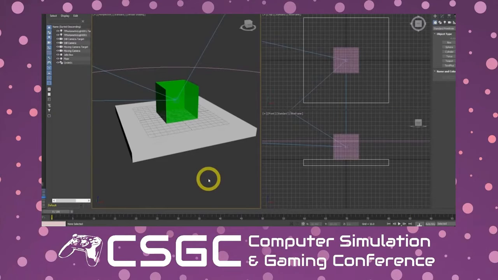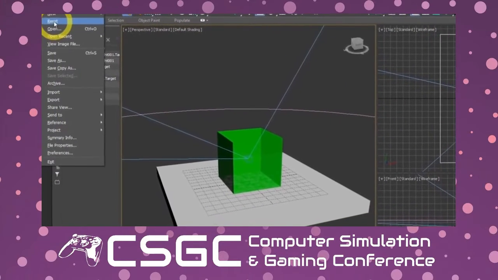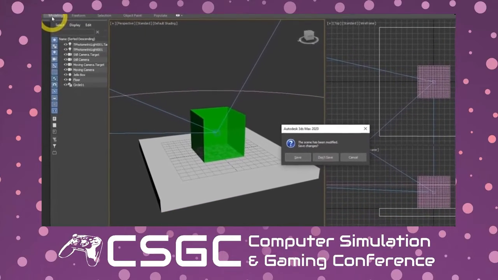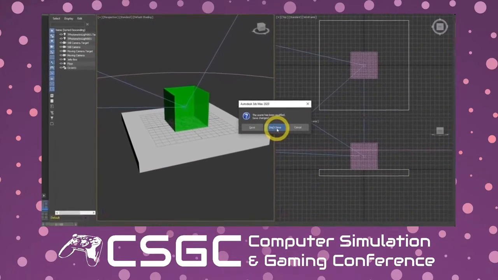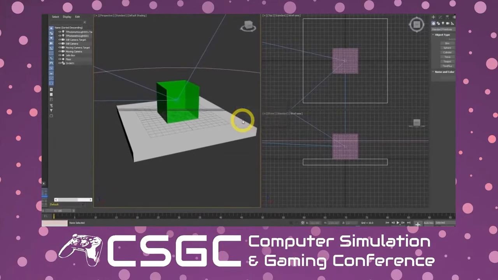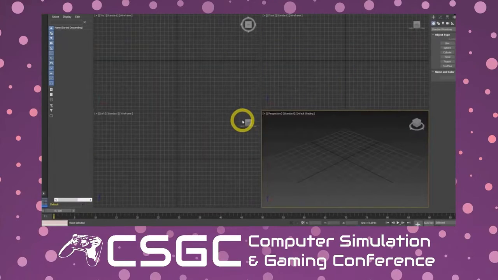So like I said, when you do New, it clears everything out, creates a new scene, but it is the same zoom and layout as the previous scene that you had open. But if I do File and Reset, again, it's going to ask me if I need to save my current changes. I'm not going to save this one. And I do yes, I really want to reset. Not only does it clear the scene, it actually resets everything back to the default Max settings. So once again, I'm looking at my 4 viewport layout, and I'm all zoomed into the correct zoom for each viewport.